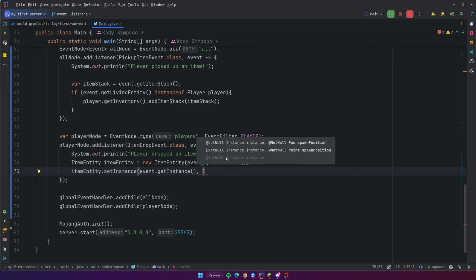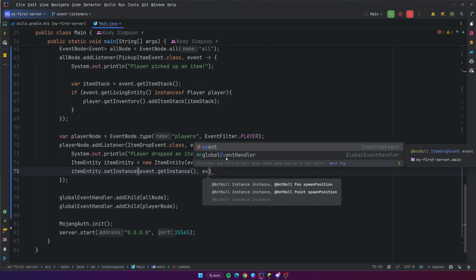Because it's just like the little animation, right, if you're throwing an item. So the spawn position of this item entity that we're spawning should be in the player basically, and then have a velocity where it moves outward, okay? So this is again getting a little advanced, so don't freak out too much if you don't understand what I'm saying here, but let me just show you what I mean.